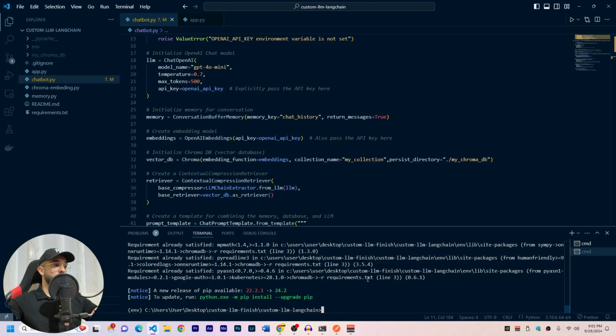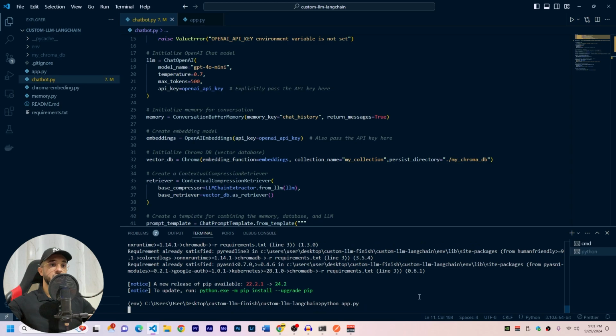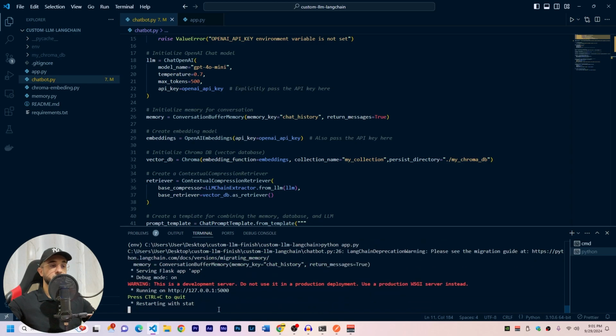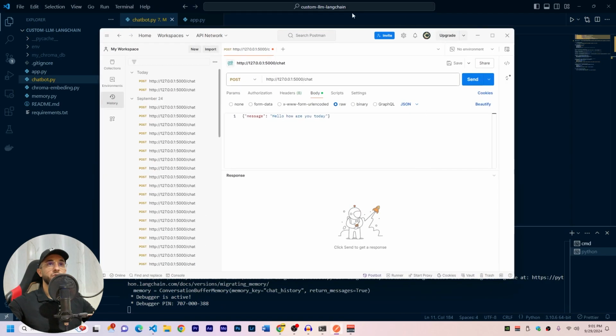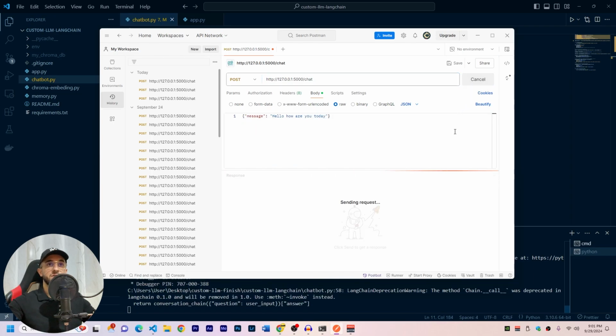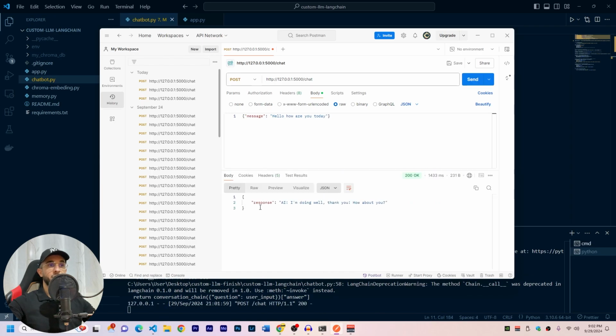Okay, now the requirements are installed and we can just start the server by doing python app.py. This is the main Flask application. We just press enter and this will start the server on this link here on this local server that we just put here on Postman. And the endpoint is /chat, and also we have this body. So now we can test and we can send this request. So just click on send, we'll get the response and show you here,